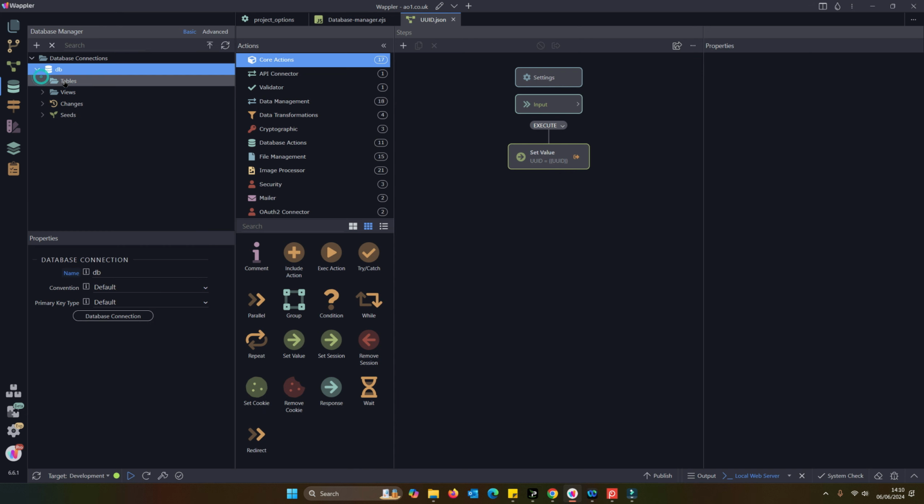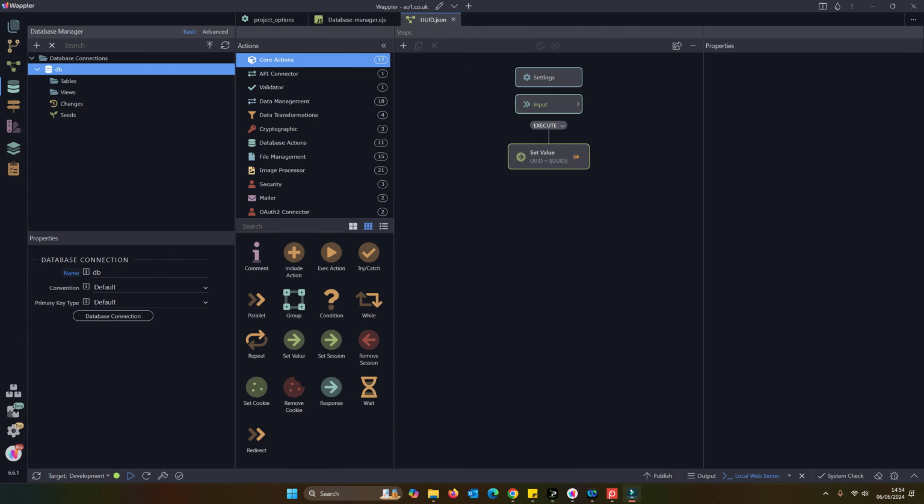We then have our tables list. In this case we have no tables or views defined at this stage. We have a change log, so we can see which changes have been made. As we make them, they are stored in the change history. And seeds, again we will be dealing with seeds at the end of this video. So I think what we need to do now is look at creating a few tables and just seeing the various options we have to be able to do that.